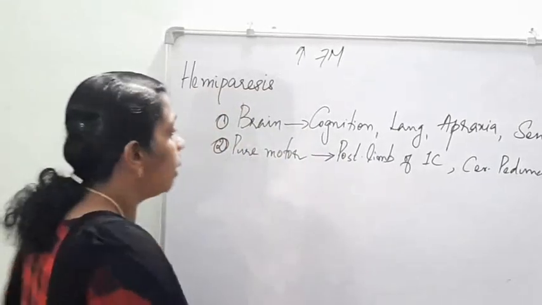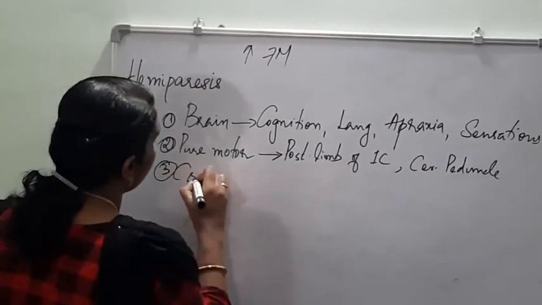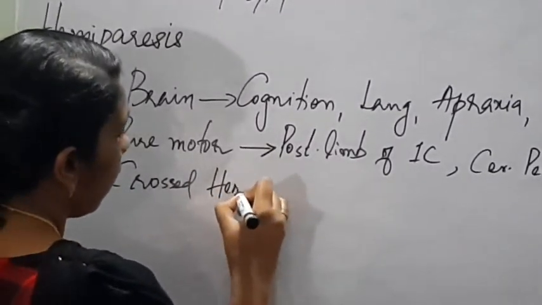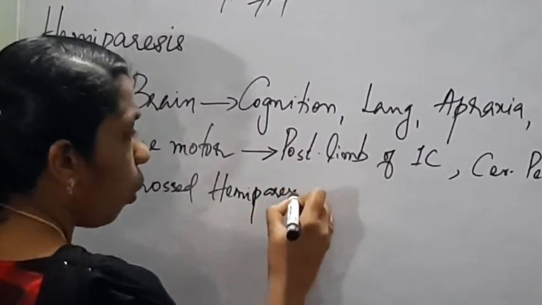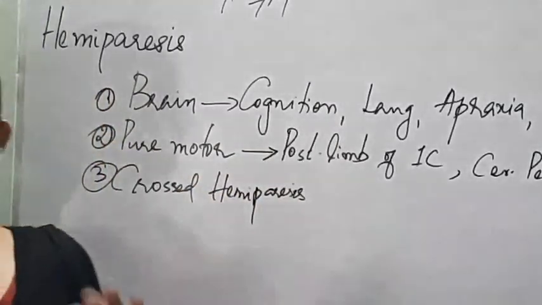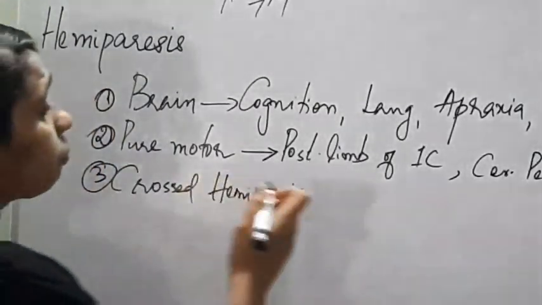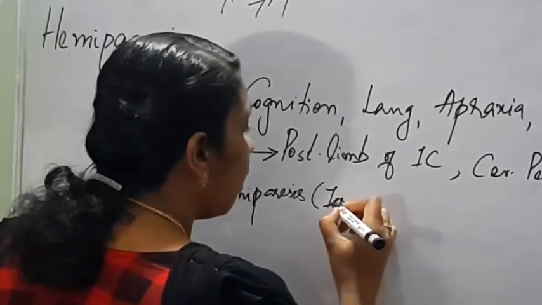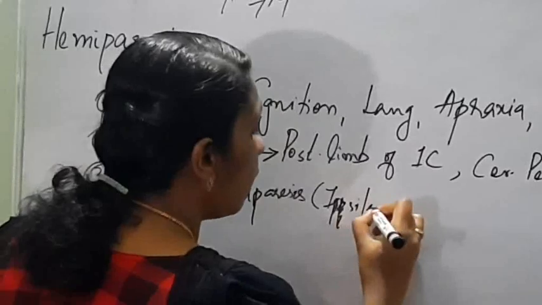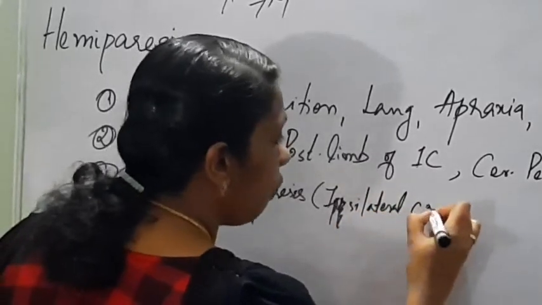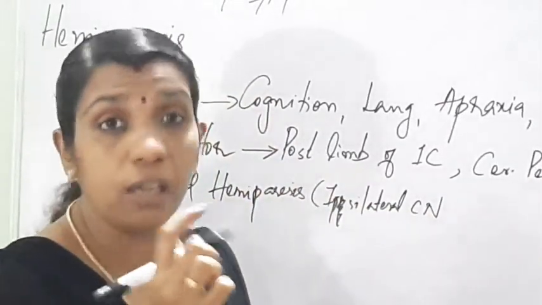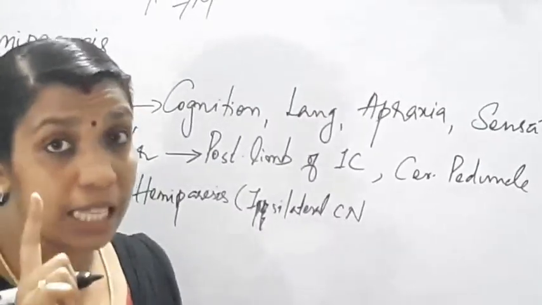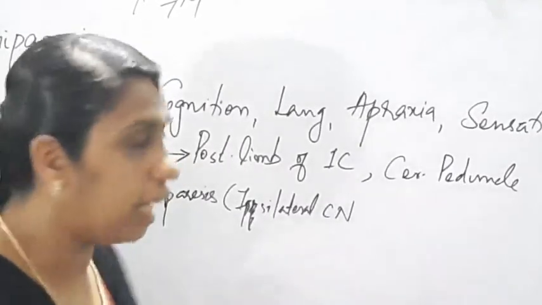Okay. Then third, there is something known as crossed hemiparesis. So what is crossed hemiparesis? Crossed hemiparesis means there will be a defect in ipsilateral cranial nerve function. Be very careful. Crossed hemiparesis means there will be a defect in ipsilateral cranial nerve function and